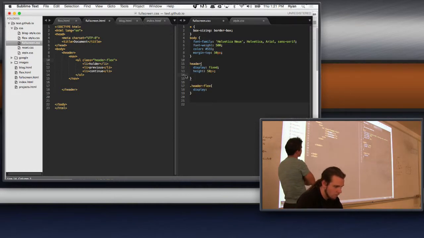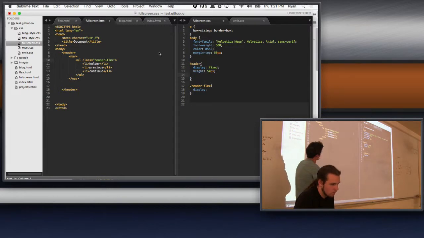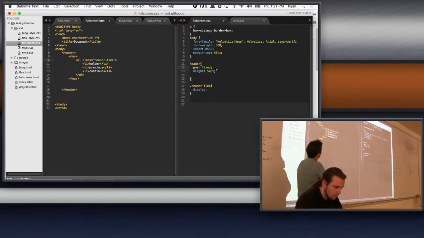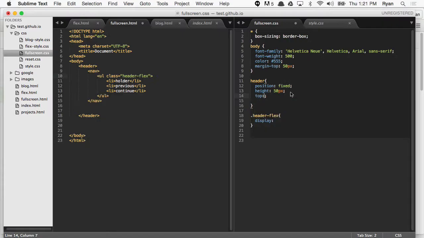So he's given the header a height of 50 pixels. Since we gave it that, we want, or I'm sorry, position fixed, not display. Position fixed, then the height of 50 pixels. Now we want to tell it to be at the top of the page, right? Or we want to tell it where it's supposed to be. And then we want to tell it,